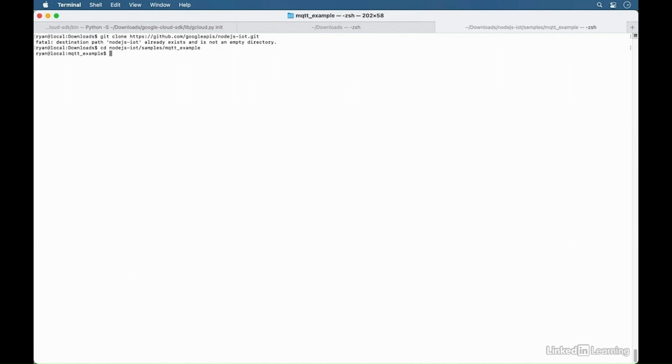And copy the Google CA root certificate and private key files into this directory. Once it's done,